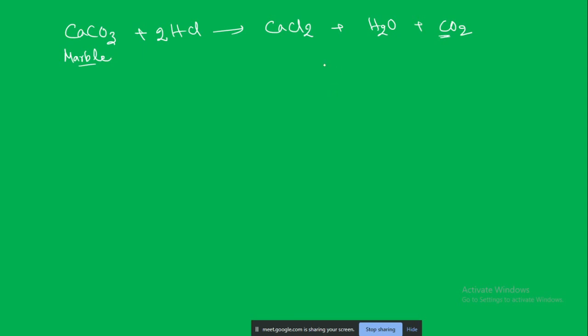And when we work with concentrated acid, because the reaction is already very exothermic, it produces a lot of gas, so it may be a little bit difficult to control the reaction, particularly when we are doing it in the laboratory. It can be very hazardous. The reaction will take place in the same way, but it will be a highly exothermic reaction.